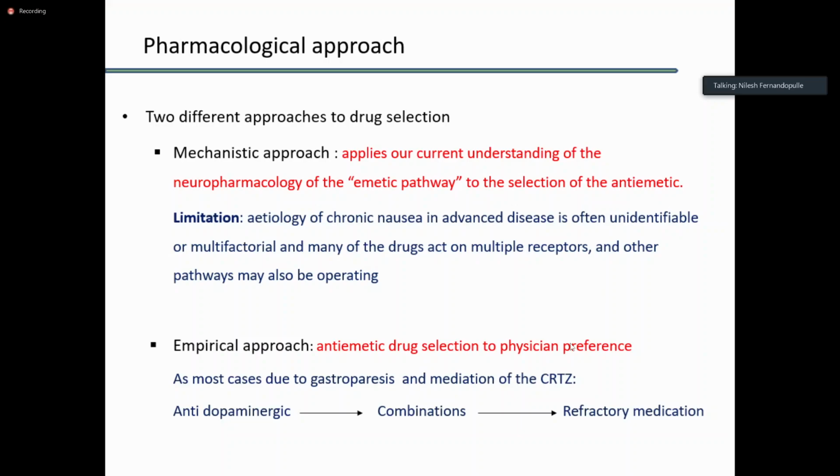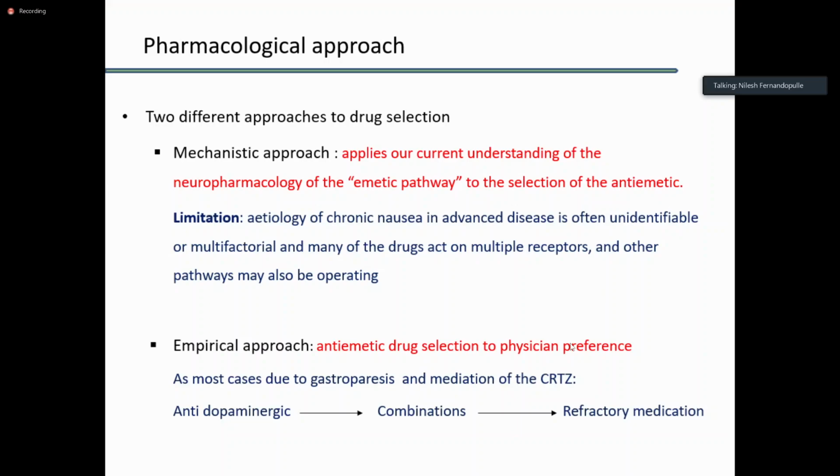The other thing is the empirical approach, where any patient who comes with vomiting, we give domperidone, we give metoclopramide. So we always try with antidopaminergic drugs. If the patient comes to our GP practice vomiting, the first thing that we do is give an antiemetic. Commonly we give domperidone, or some people give ondansetron. So it's a general approach. You don't think about what the cause is. You basically just give a